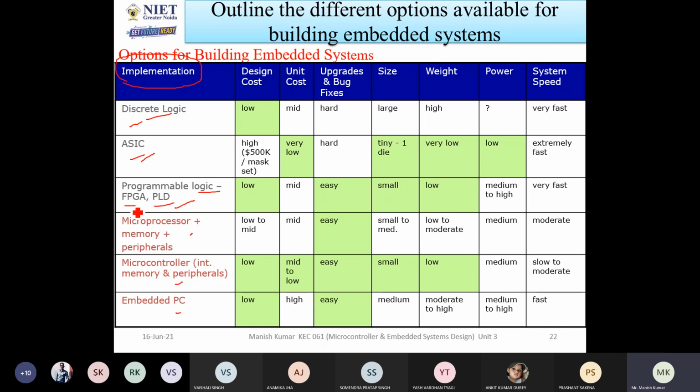FPGA is called Field Programmable Gate Array. It is a type of integrated circuit designed to be configured by a customer or by a designer. So the benefit of programmable logic is that you can configure it anytime. And the PLD is called programmable logic device. It is used to build reconfigurable digital circuits. If any digital circuits are there, you can build them with the help of this PLD.